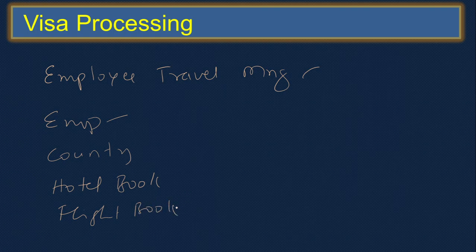So we need to enter all the status. Booking will anyhow be done with the corresponding airline, but here you need to write down all the status, like the visa status, so we need to update the visa status. When an employee calls this travel desk, we need to explain to them what the status is, what is happening. Because even in the travel desk there is not only one employee.